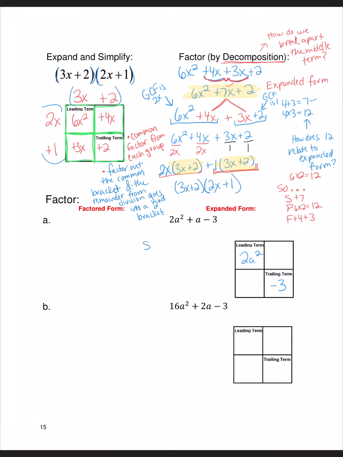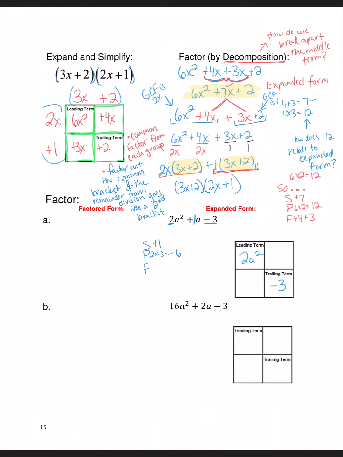And then we're going to set up our SPF to figure out what two numbers we need. So I need two numbers that are going to add to my middle term, which is a plus 1. And now this is a complex trinomial, so we're going to need two numbers that multiply to whatever my first and my last term multiply to. So 2 times negative 3 equals a negative 6. Okay, so I need two numbers that are going to multiply to a negative 6 and add to a positive